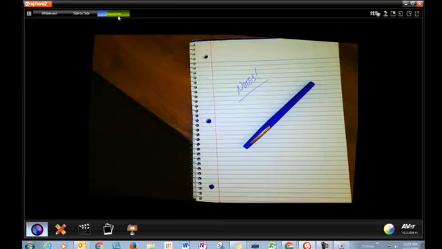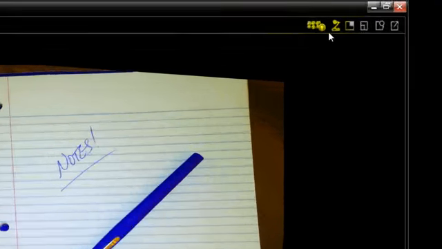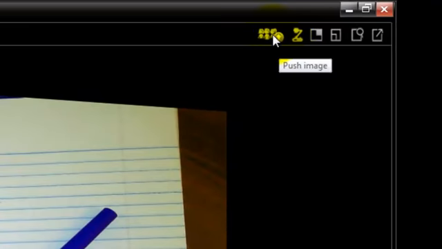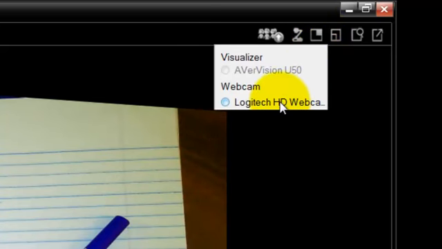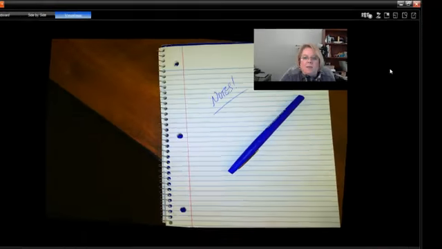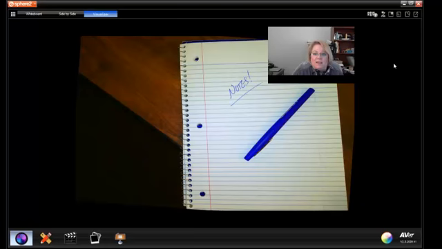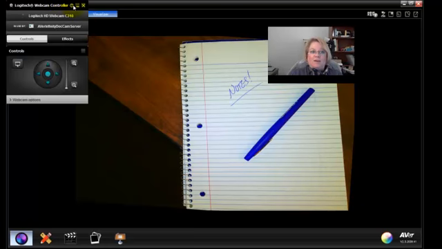Okay, pretty simple. Over on the upper right hand side, this first button is a feature that we don't currently have, so I'm going to skip it. The second one just allows you to refocus your visualizer. But I'm going to show you this third one really quick. If you're making maybe a video and you want to do a picture-in-picture, I have again a webcam set up, so I'm going to click on that. And what it's going to do is it's going to put my image in the upper corner. Let me get rid of that again,